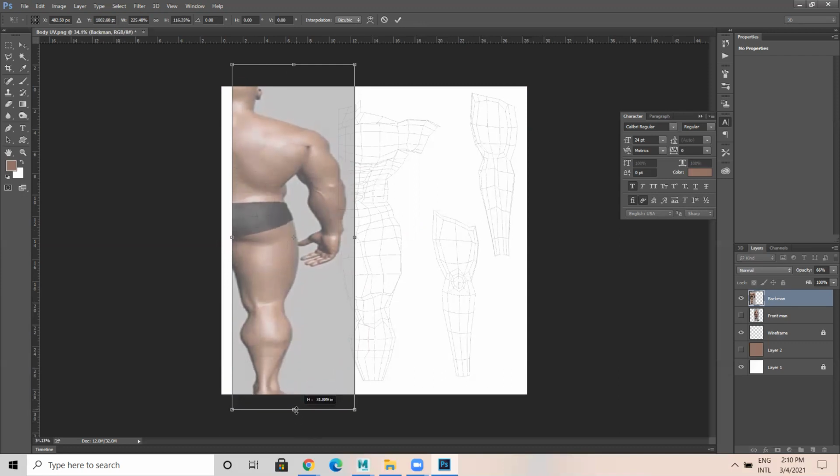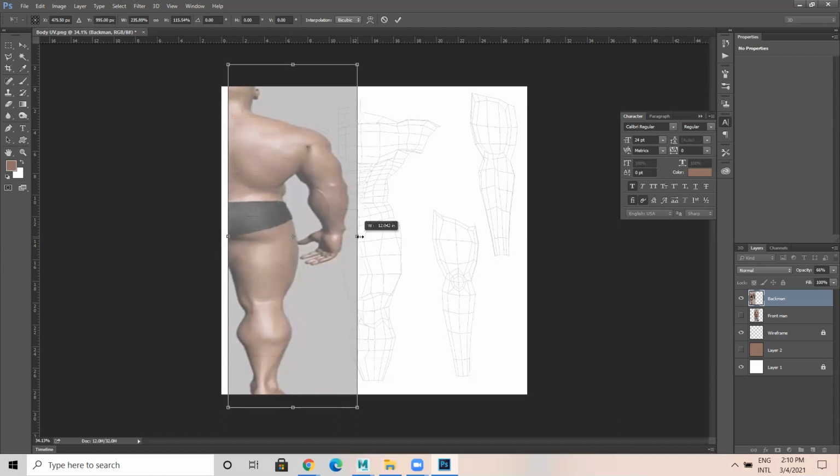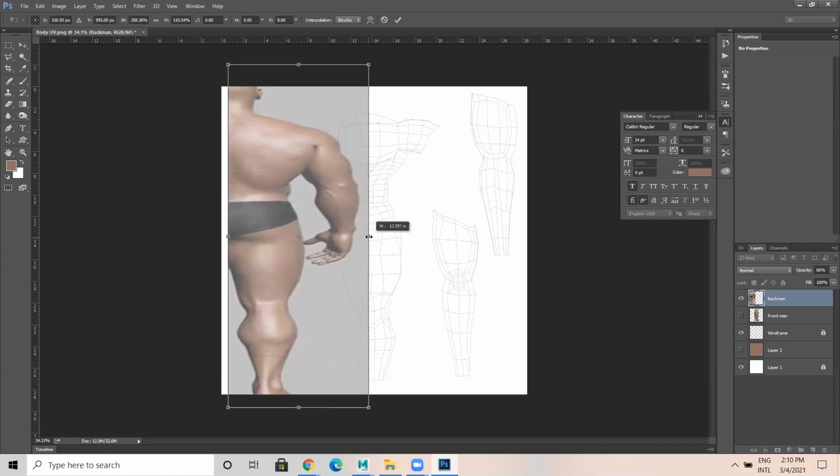Even here the foot is also not there, so you can keep up to the heel, up to the ankle part. Okay, like this.